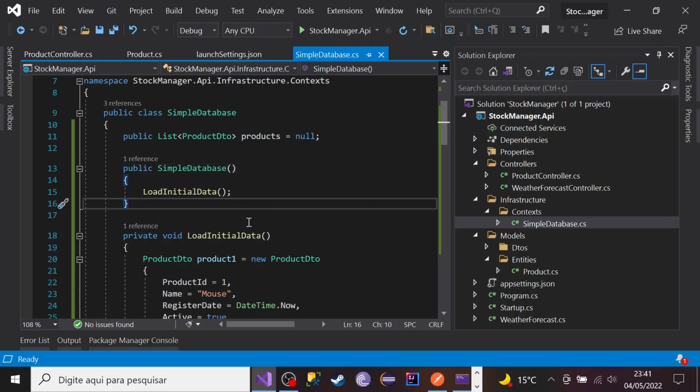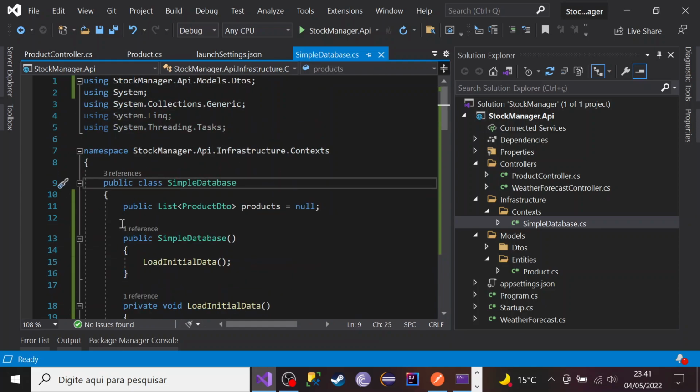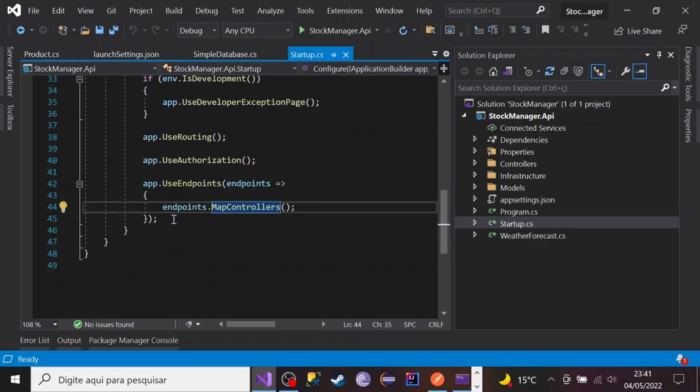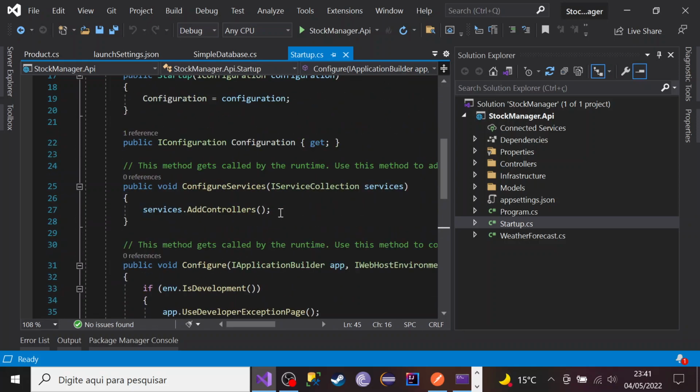So we're back for development, API building. Let's change the way our simple database is initialized. For now, we are using this class Startup to define the initialization for things. On the ConfigureServices method, I will add